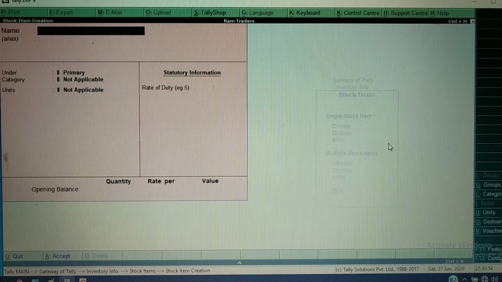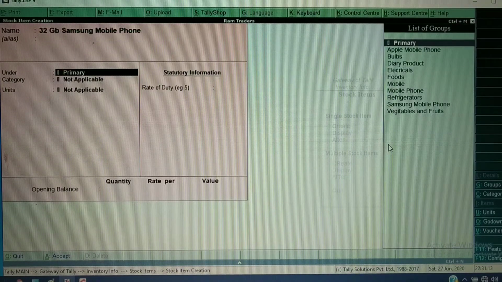First I will create one stock item, that is the 32 GB Samsung mobile phone. Already we have taken the group; here you can see Samsung mobile phone.